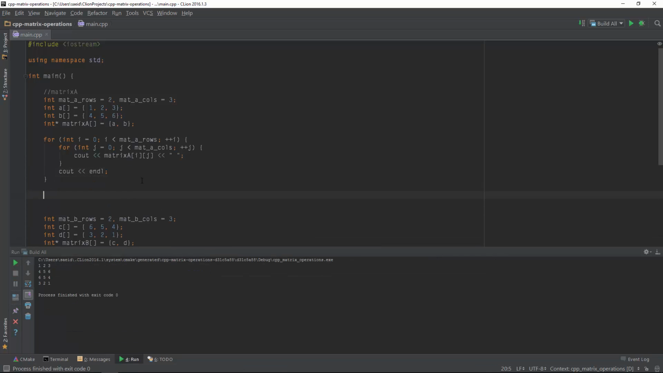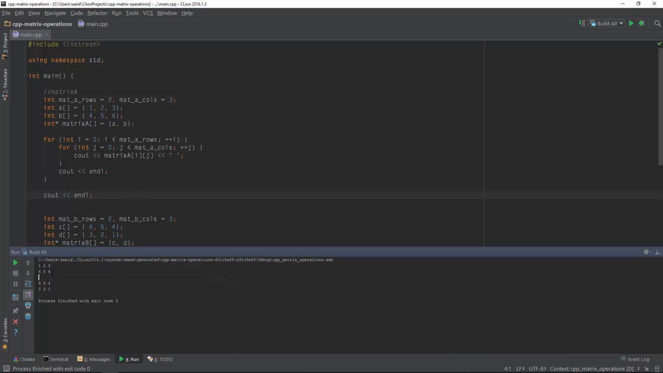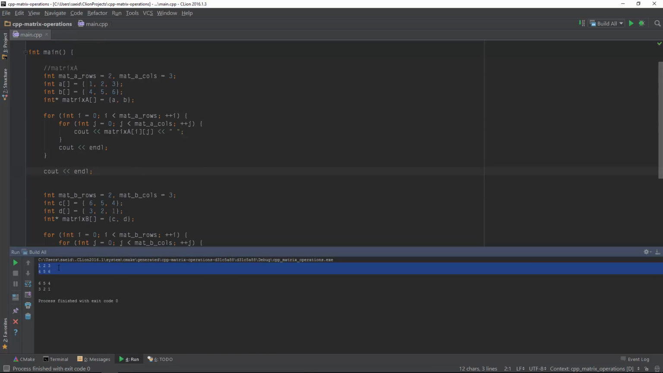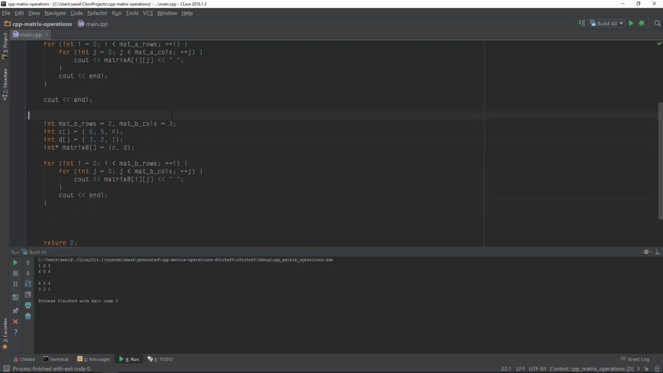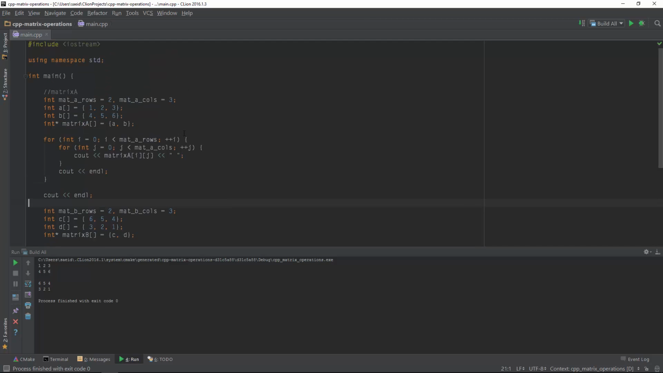And I think I'd better put an endline between these. Let's try it again. So now we have two distinct matrices. One is 1, 2, 3, 4, 5, 6, and the other one is 6, 5, 4, 3, 2, 1. So using this method, you can create any matrix that you like, but as you can see,